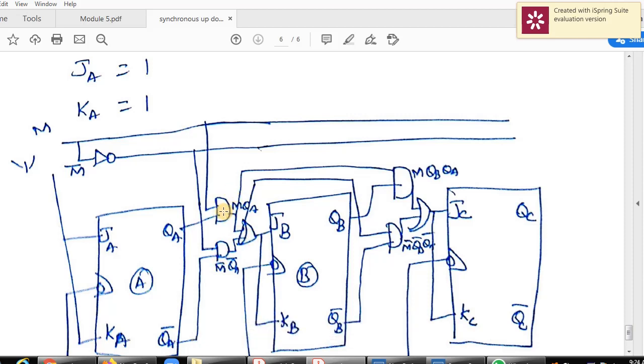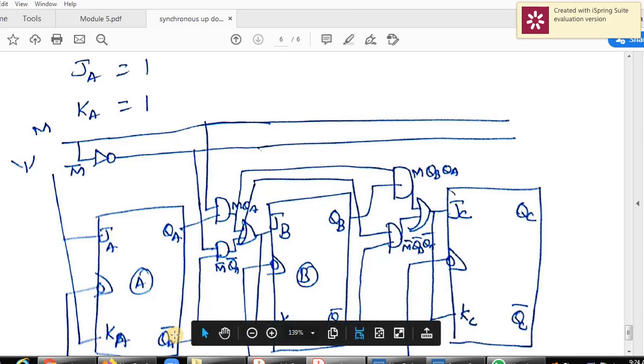So first this AND gate, one input is connected to M, another one is QA, so you will get M multiplied by QA, because AND gate means it is a product. So you will get M QA. Another AND gate, one input is connected to the M bar line, another input is connected to QA bar.